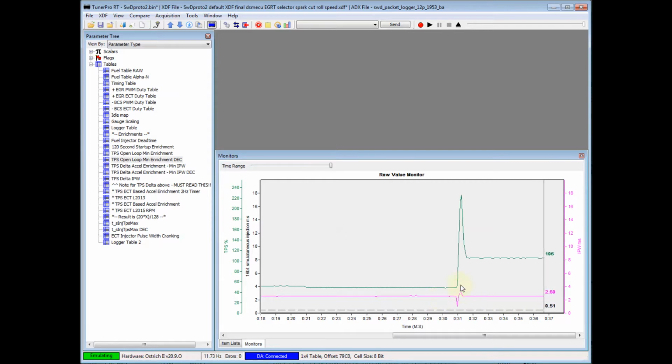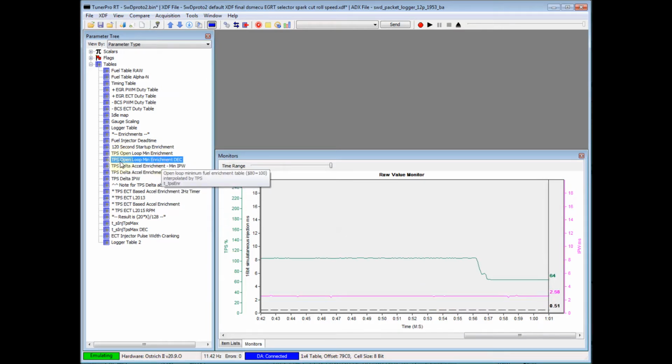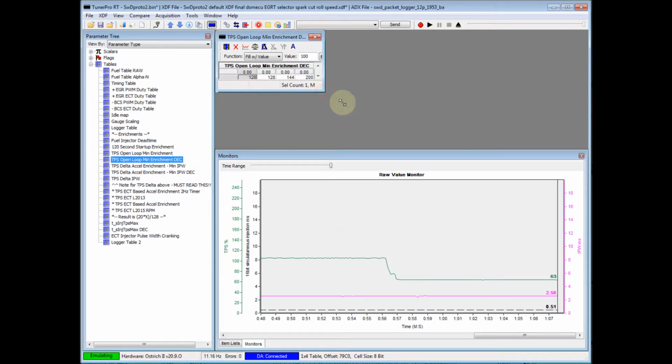I cannot drag in TPS because it will cause some strange issues with the graphing, but you can obviously see what's happening here. We are going full lean towards this line, 0.5 milliseconds, and that is built into the E931 code. So if I were to do this experiment, I first need to set the TPS open loop minimum enrichment to neutral, which is